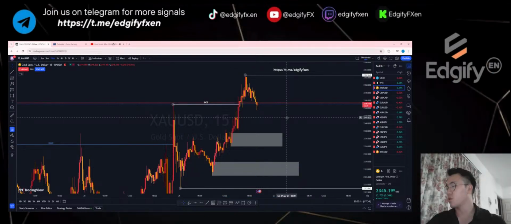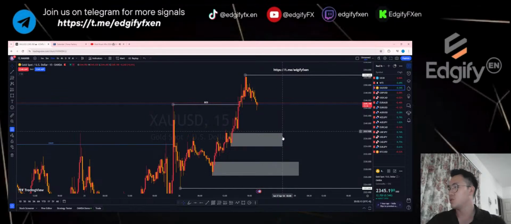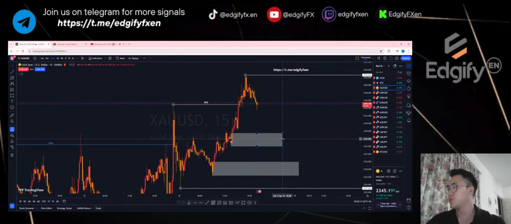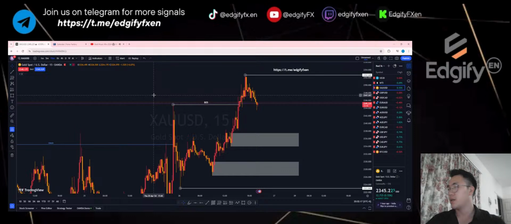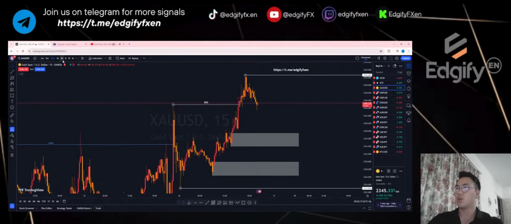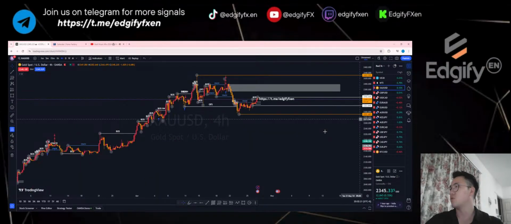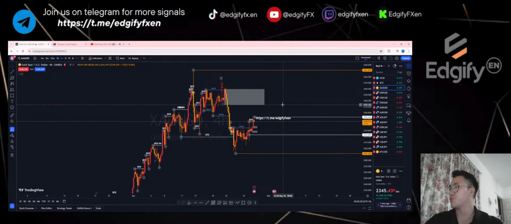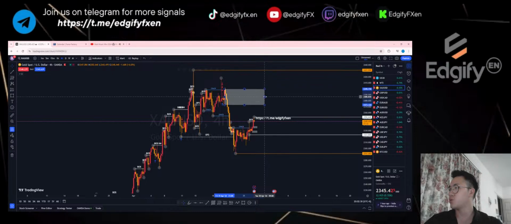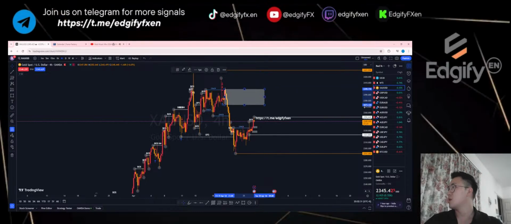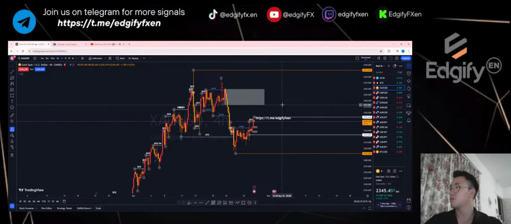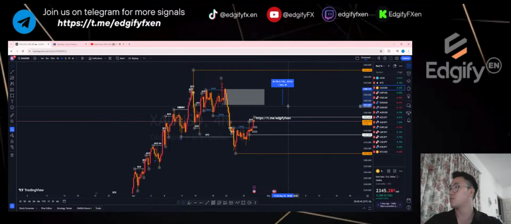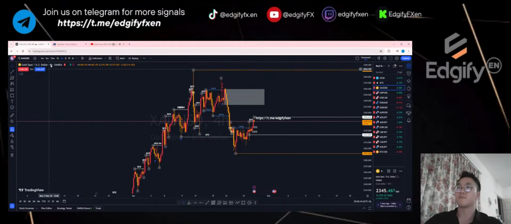So for gold right now, I'm looking at these two zones here where I can take a buy on the 15 minute. As you guys know, on the hour 4 we are looking at a downtrend for gold. So on hour 4, I'll be looking at this zone here to sell. But this one is quite a huge zone, from 2373 until 2399. It's about 200 pips, 260 pips to be exact.